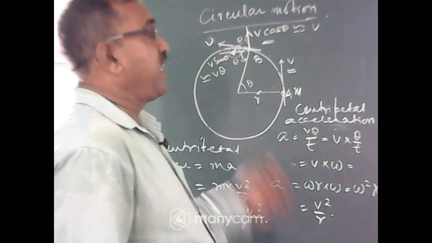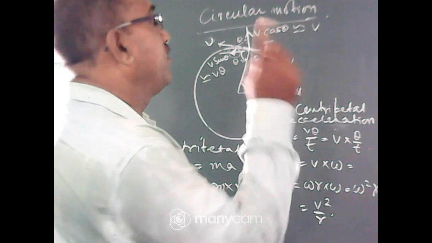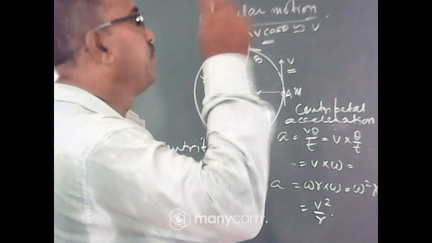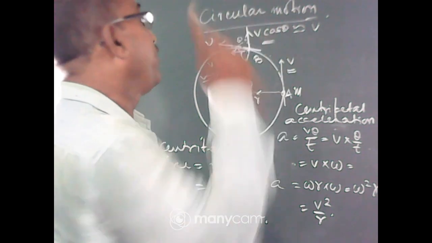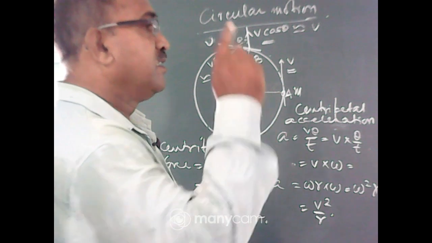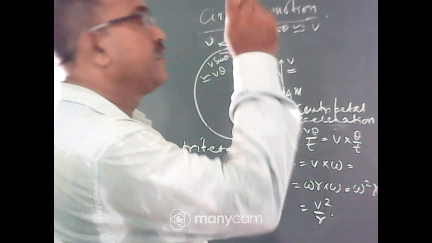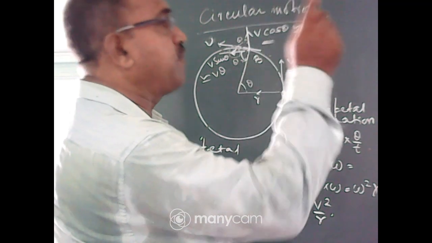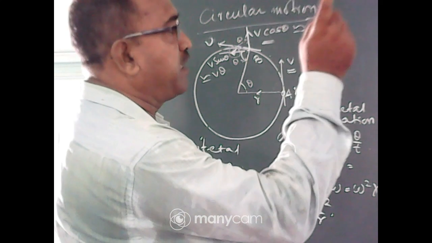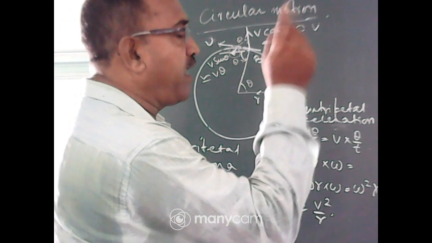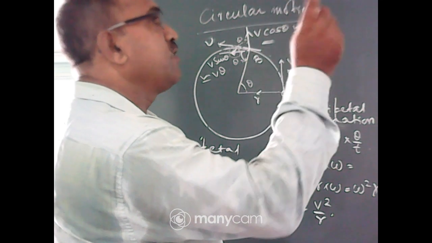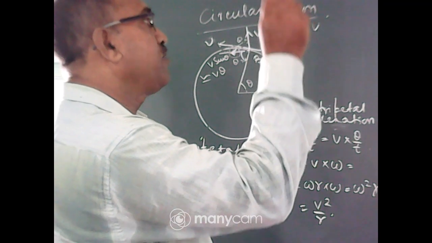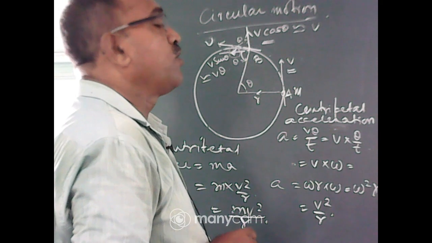Suppose you consider your practical knowledge when you rotate a particle with a thread with the help of your finger. You see, after a certain time, you can feel no tension on your finger. First you try to rotate it with your finger, which means the finger creates some force on this object, and the object will rotate along the circular path. After a fraction of time, the object is rotating along the circular path, but no tension or force acts on your finger. Automatically it keeps rotating in the circular path.